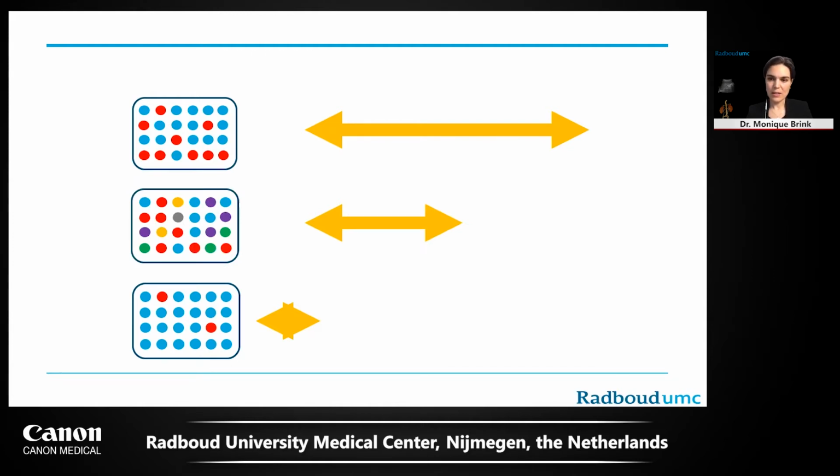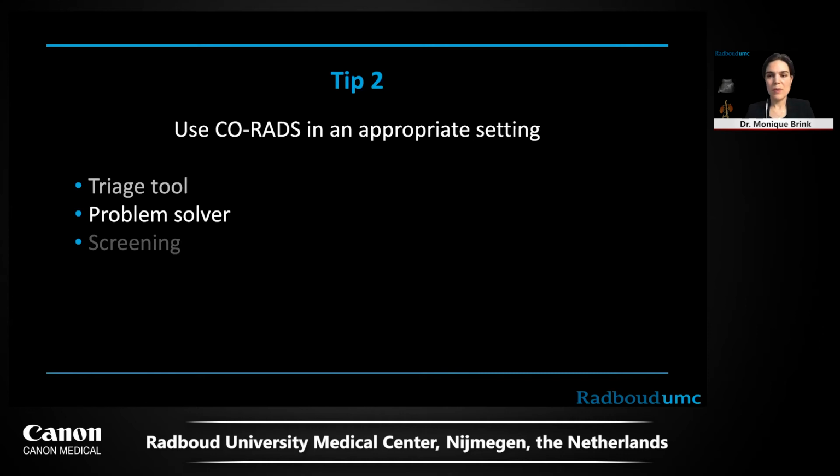And you can imagine that CT will perform less well as you're left with the most complex patients, but it might be that CT might still discriminate a little bit between different alternative diagnoses. So that's my top tip 2. Use CT and especially CO-RADS in an appropriate situation. Don't use it in a screening, or don't use it in asymptomatic patients, even if you're asked to do that, for instance, on an oncological scan in which you find bilateral ground glass.